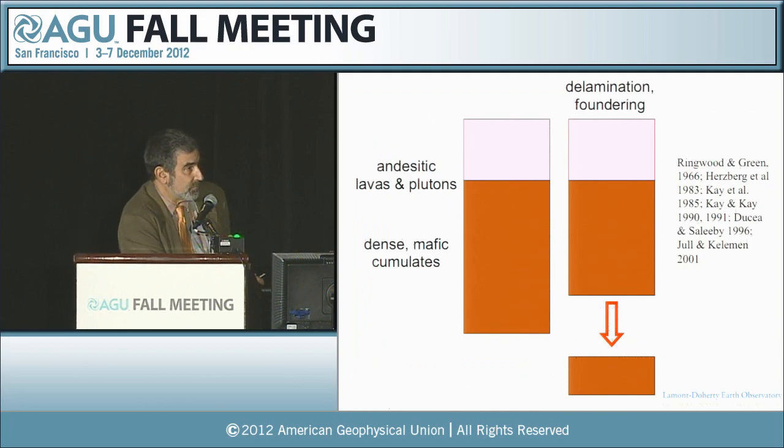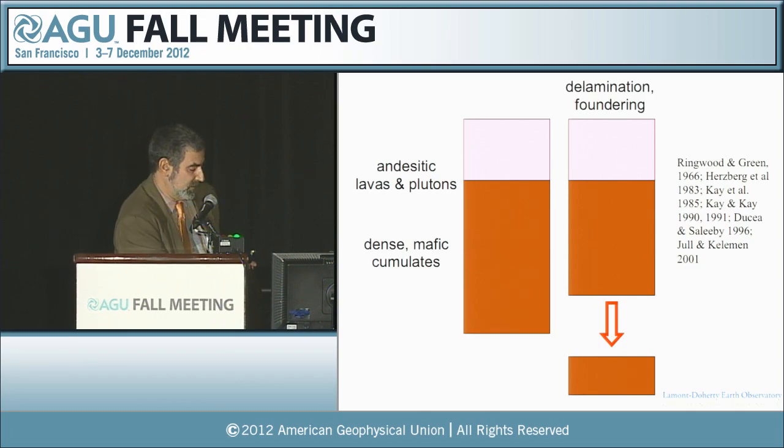So the problem, for me, with this delamination idea that you've heard about earlier and you'll probably hear more about today is that it's really kind of inefficient. You can only throw away the material that's below the garnet-in isograd, and that is typically going to be two-thirds of the way down or more in magmatic arc crust. And so we can imagine geological scenarios where this kind of material goes through the washing machine a gazillion times and all of it basically finds itself in granulite facies sooner or later